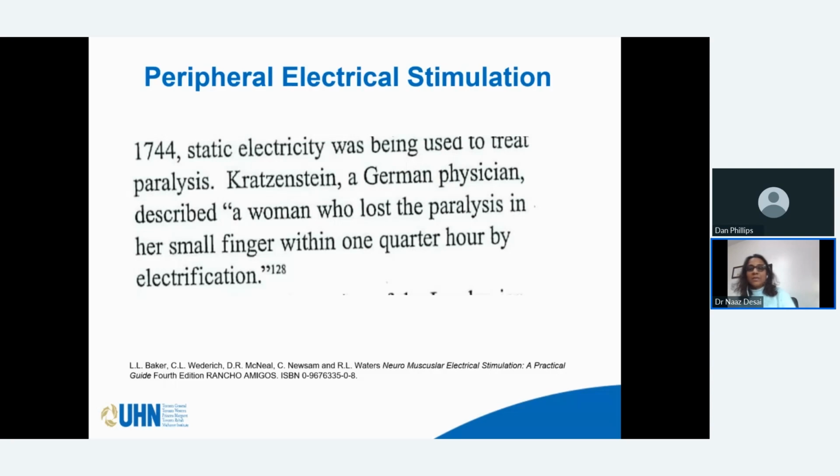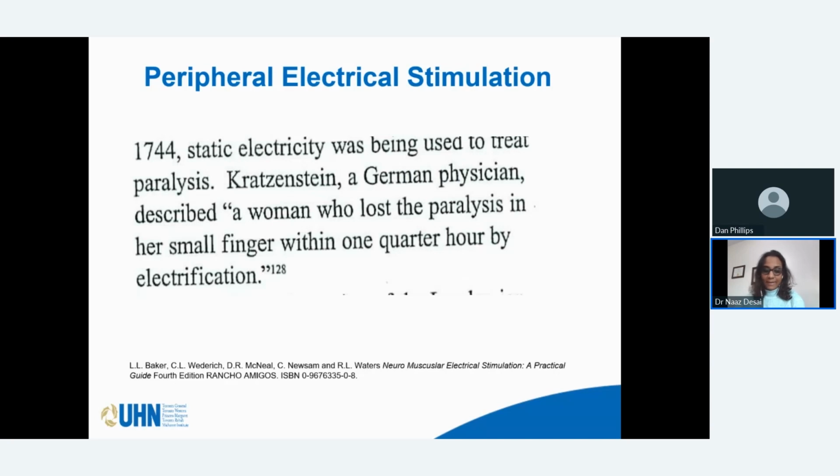Now, peripheral electrical stimulation is as such not a new technique. It has been around for quite a while now. In fact, its first instance of use was back in 1744, where a German physician found that electrically stimulating hand muscles in a woman who had paralysis resulted in regaining of movement, or the way it says here, lost the paralysis. So really, this thing has been around for quite a while now, although it has been refined significantly from